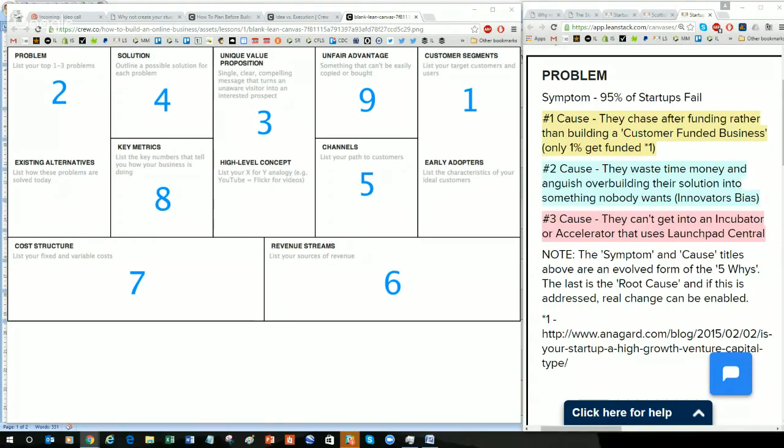If you've ever heard of the Pareto principle, which is the 80-20 rule, spending 20 minutes on this will give you 80% of the learning that you need to get. Now, of course, I've just made a comparison between time and learning, and they're not really relatable. It's just a convenience. But essentially, just spending 20 minutes to complete this canvas will enable you to really accelerate your progress and understanding. And it's what you do with this canvas that will give you an edge over your competitors, because it's being agile, it's being nimble, it's really digging deep to try and find out what the problem your customer has that will enable you to differentiate from them.